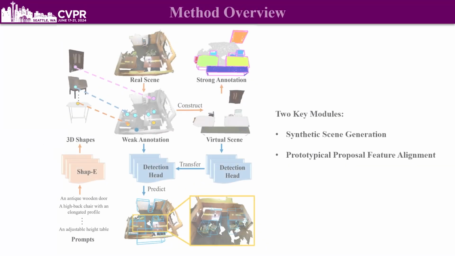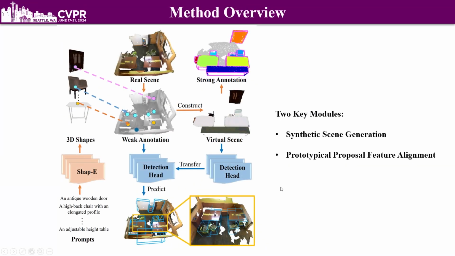This figure shows the overall process of this method. This method uses low-cost position-level annotations for supervision, uses synthetic scenes constructed from 3D shapes generated by random prompts to enhance weakly supervised annotations, and proposes a prototype proposal feature alignment module to achieve knowledge transfer from synthetic scenes to